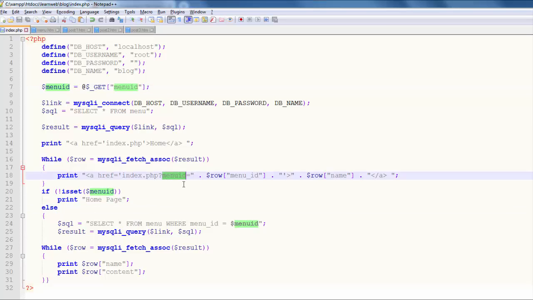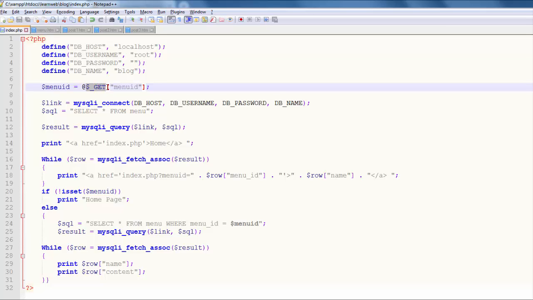Here is menuID equal, and the row menuID will give the number of that variable. It is a variable in the address, and the same name I give here for this variable, $menuID equal